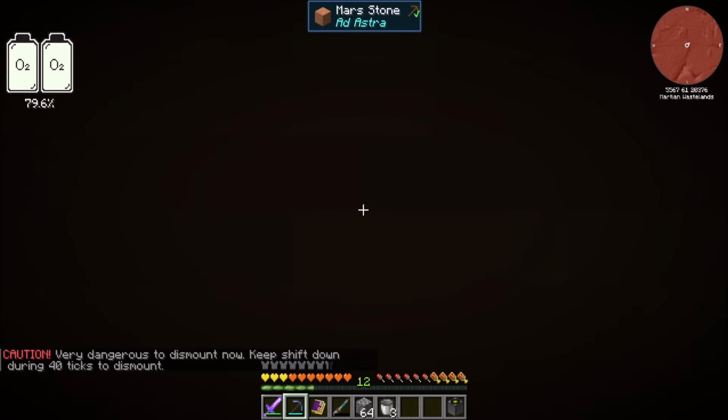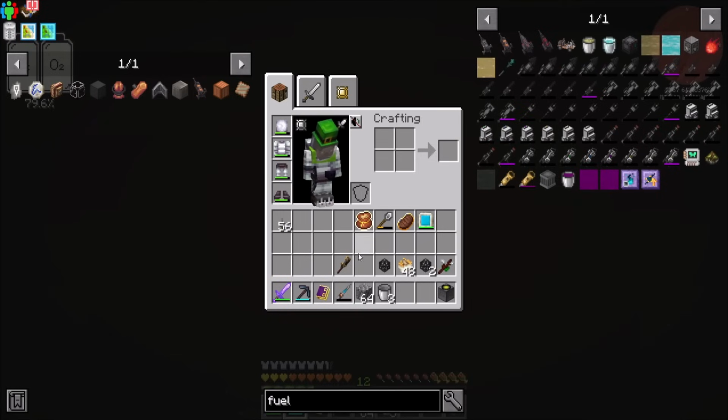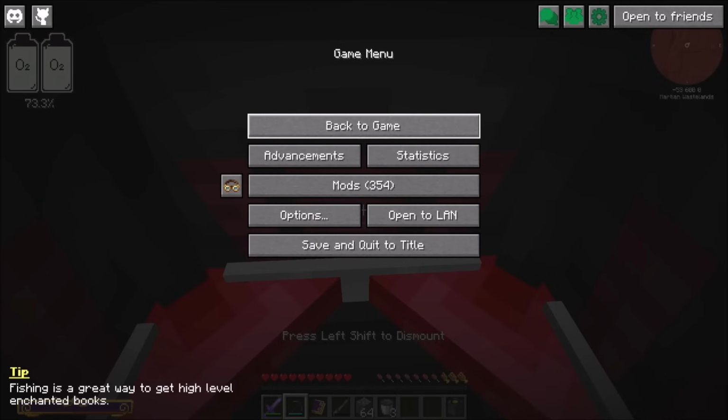Keep shift down during 40 ticks to dismount. Am I inside the thing? That's a new one on me. Should I /home? My inventory is acting weird. That's not... I mean, you know what I'm going to do? I'm going to relog. Alright, I think...